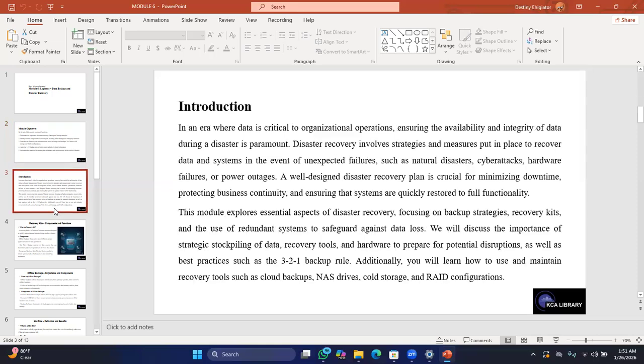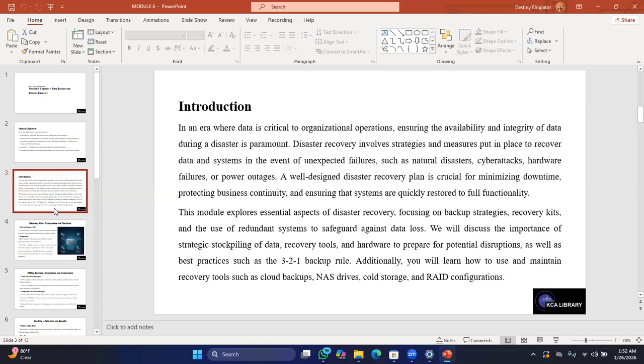By way of introduction, in an era where data is critical to organizational operations, ensuring the availability and integrity of data during a disaster is paramount. Disaster recovery involves strategies and measures put in place to recover data and systems in the event of unexpected failures, such as disasters, cyber attacks, hardware failures, or power outages. A well-designed disaster recovery plan is crucial for minimizing downtime, protecting business continuity, and ensuring that systems are quickly restored